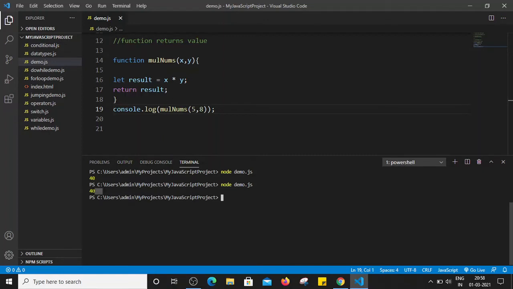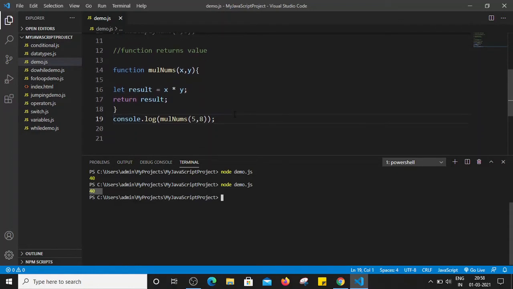Right, so it will print the value here. So this is how the function returns some value in this case. We have seen the function which takes a parameter. We have also seen functions which may not take a parameter. We have seen the function which returns a value, and we have also seen the function which does not return any value. So this is how different types of functions we can use. So this is basically the functions.